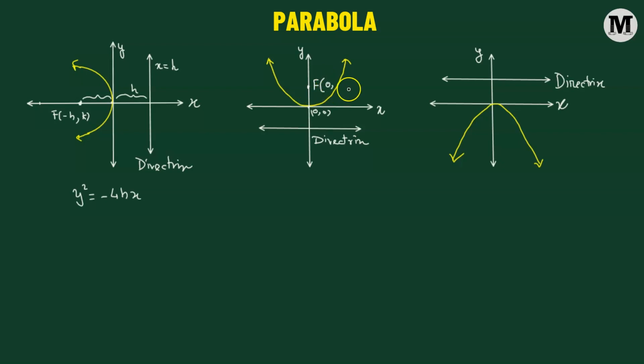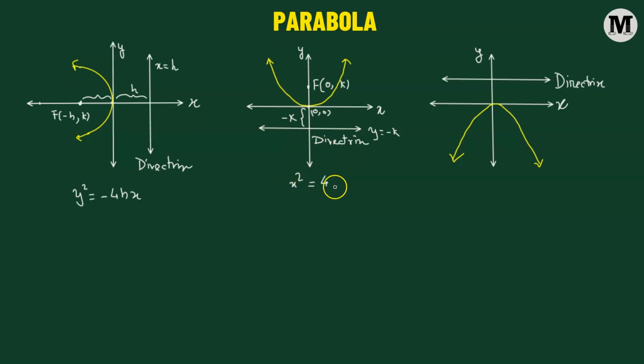So let's call it (0, k). If this is (0, k), then the directrix will be at a distance of negative k, or you can say at a distance of k below the x-axis. So its equation is going to be given by y equals negative k. So when we solve for this particular locus of the parabola, we're going to get the equation x squared